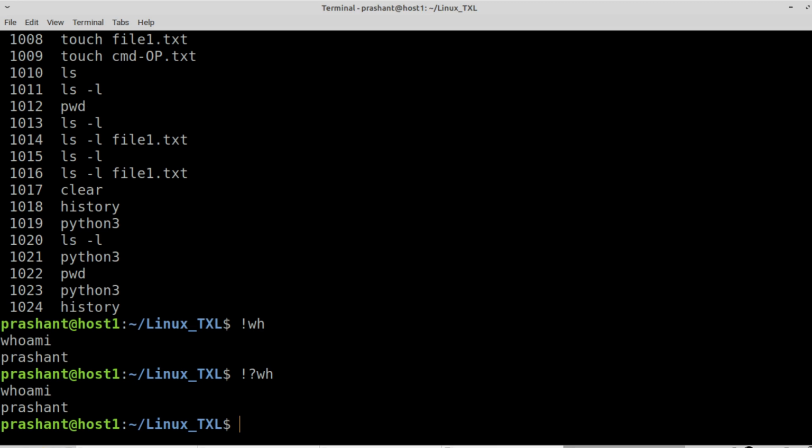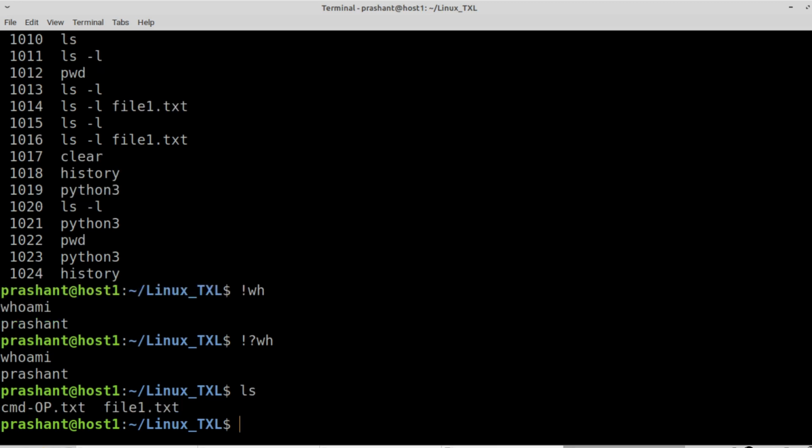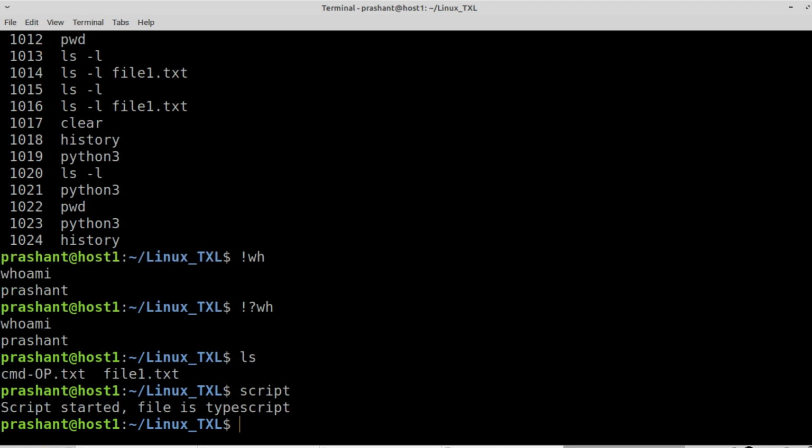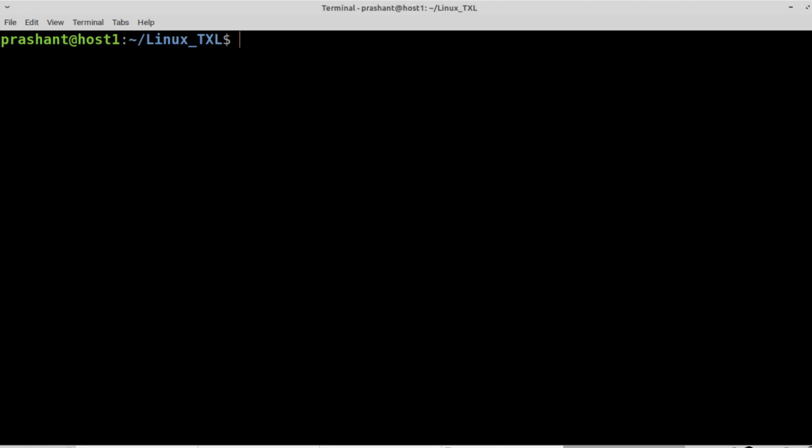But let's see what happens if we use the script command. First check the files in the current directory. There are two files. Now say script and press enter. Now it returns the output: script started, file is typescript. So first clear the screen, then check the files.